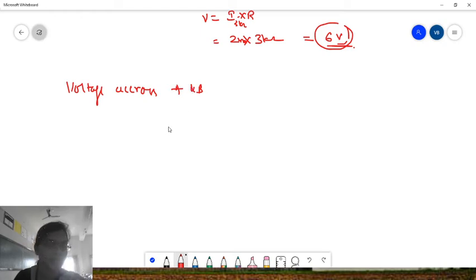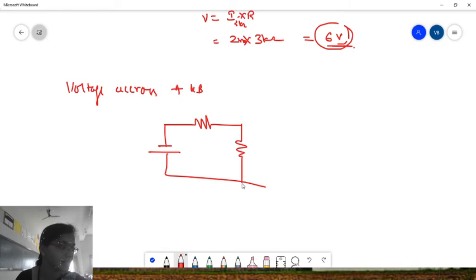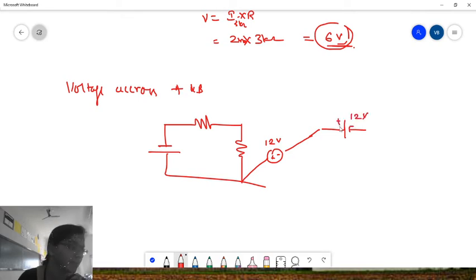Here this is a network having a resistance, and here having a voltage source, and here we are having another resistor. So here this point is connected with another voltage source, like this. This is positive and this is negative. This is connected to the 12 volt supply, and then again here this is connected to the 12 volts positive and negative, and here this is connected to the resistance,